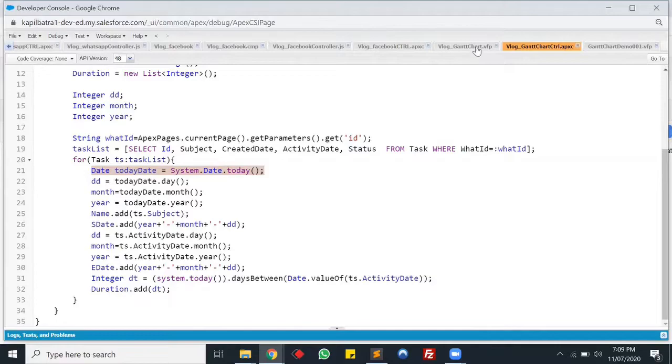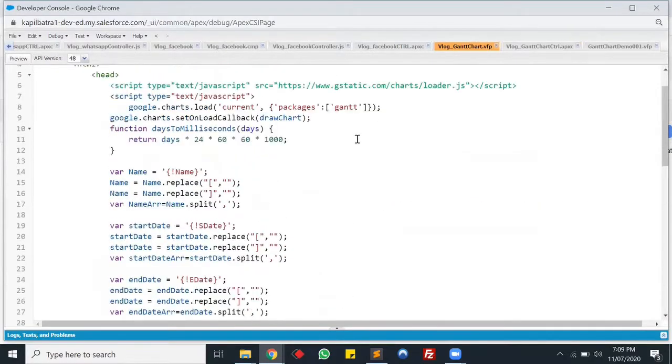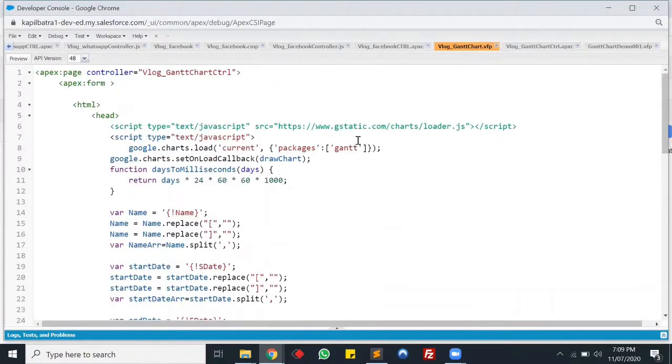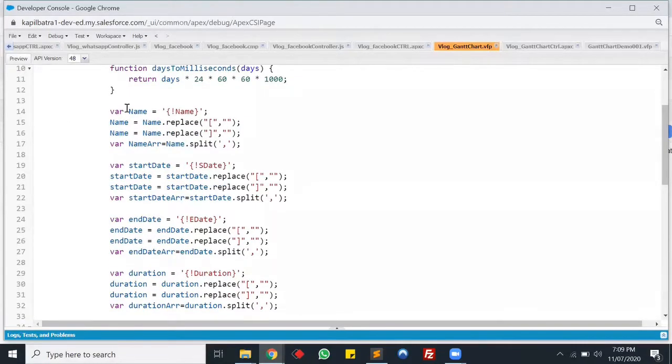Okay, and in my Visualforce page guys, I'm having some customization here as well to change the format and to display the data dynamically. From line number 14 guys, I'm getting my Apex parameters into this JavaScript code, and I'm assigning the parameters.